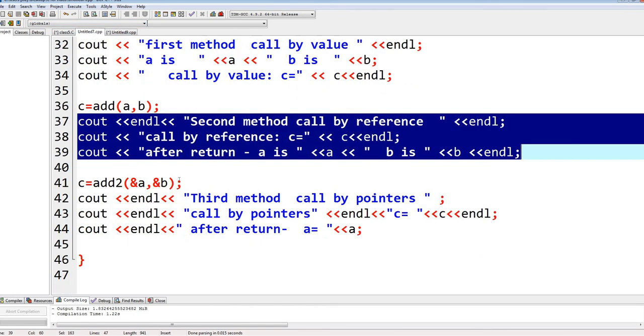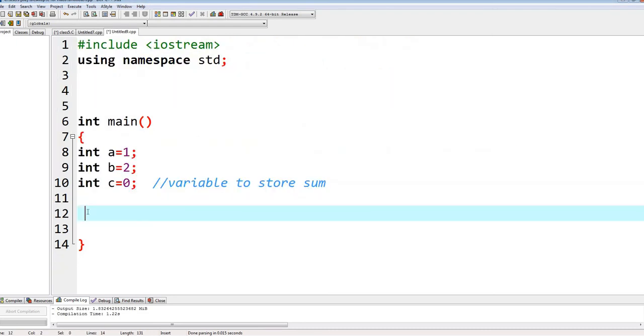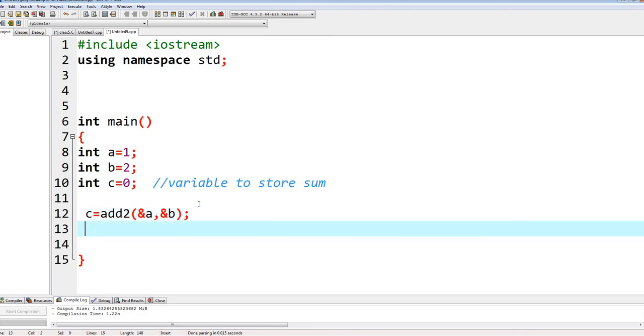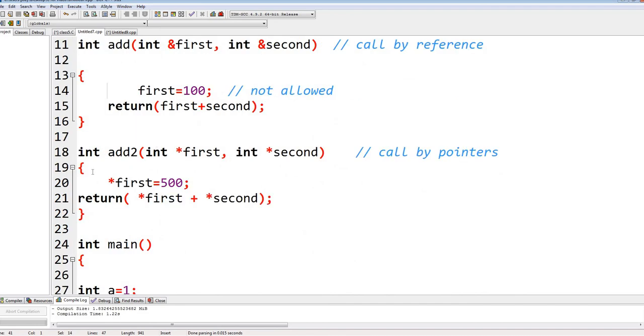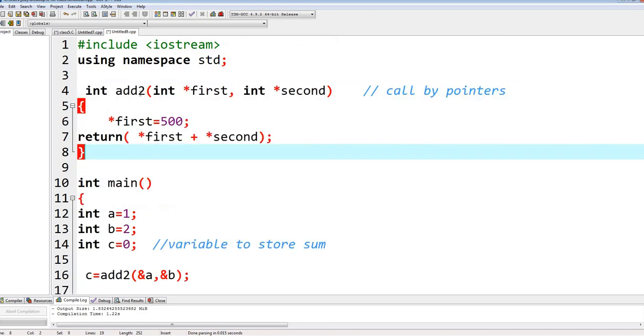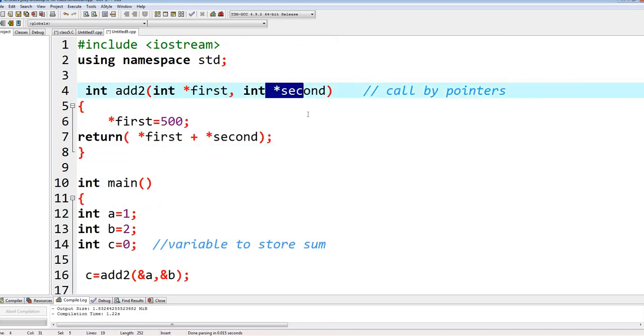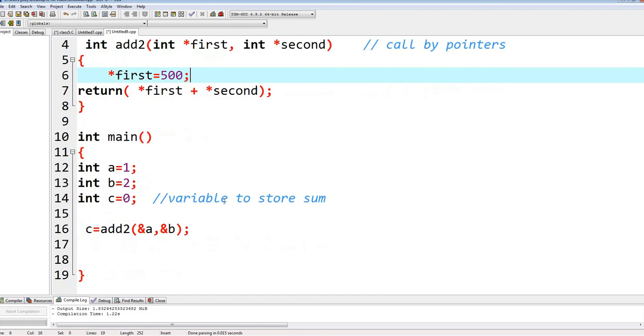The third method is actually calling by pointers. This you are very familiar with. You can pass the address of the variable, and the way you write the function will be different now. So how do you accept the address which you have passed, ampersand A and ampersand B? You have to accept by integer star first and integer star second. Suppose I had changed the star first to 500, then permanently you are damaging the variable which you are passing into this, and then 500 plus 2,